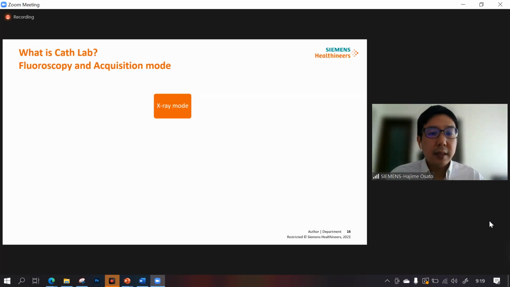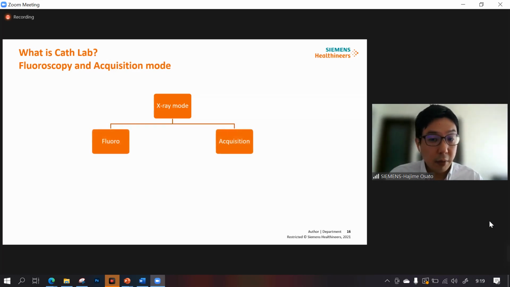So next, I want to touch on X-ray mode. The doctor uses X-ray during procedures. They are roughly fluoro mode and acquisition mode. In the fluoro mode,